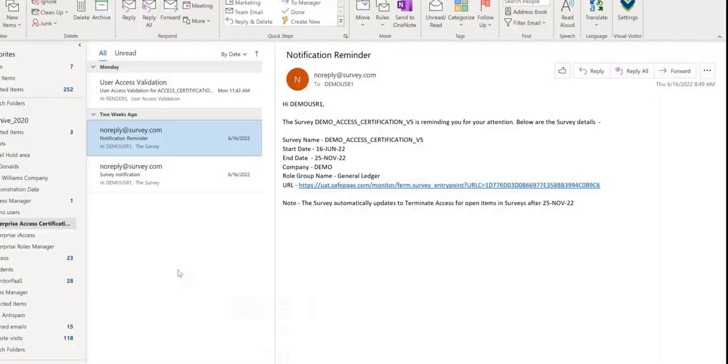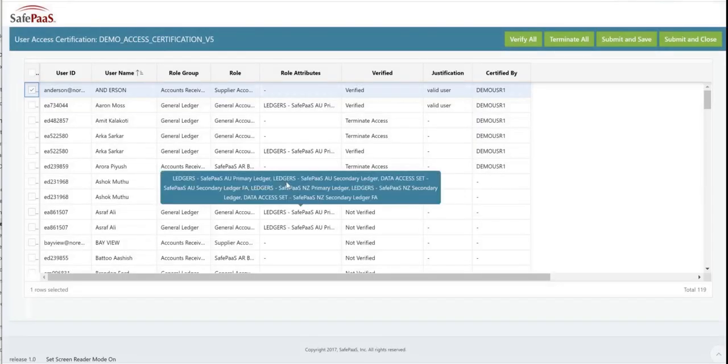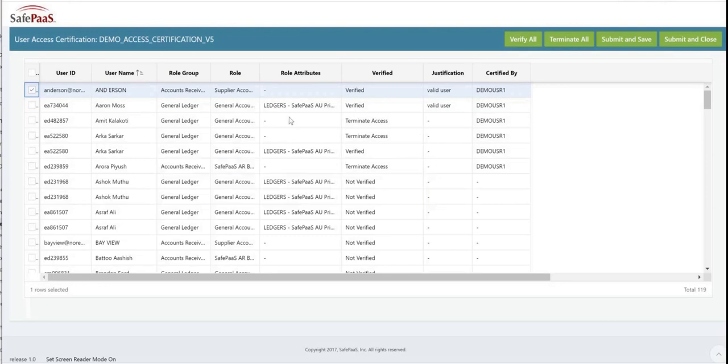So if I go into email, here's an email that we had run previously. And if I click on the hyperlink in the email, it'll take me into SafePaaS, but it'll also give me the list of individual users that are responsible for my review. So I can terminate the access,